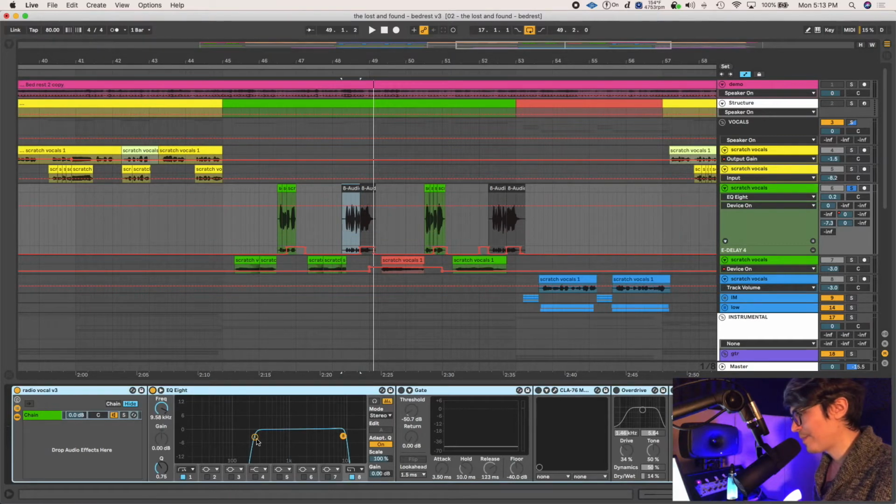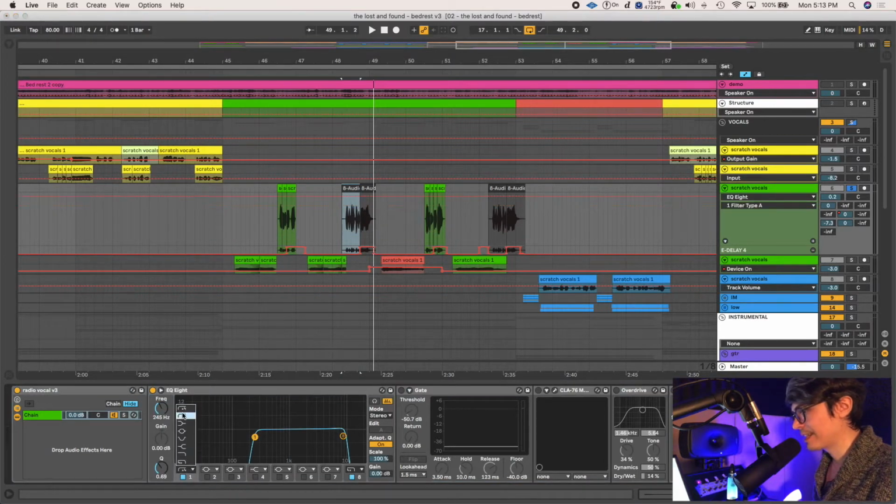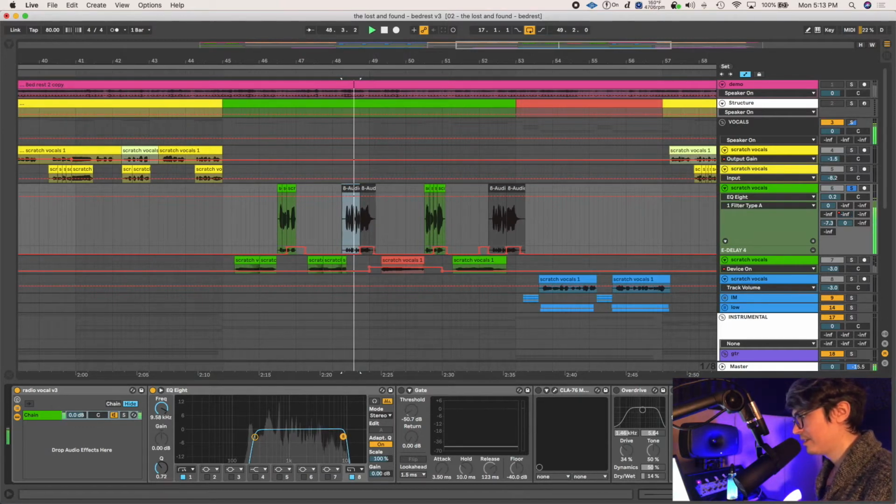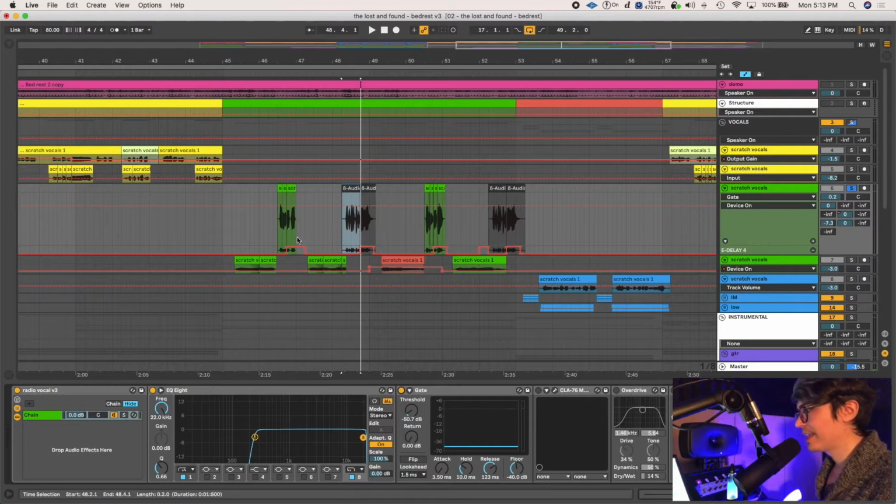All right, I'm going to high pass and low pass. It's the x4, so it's a harsher slope, like a 4-pole. I have the high pass filter, which is a low cut at 245, and I have the top one up at about 10K. I can even leave that all the way up. Okay, next I have a gate, and I usually like to take the gate on there because